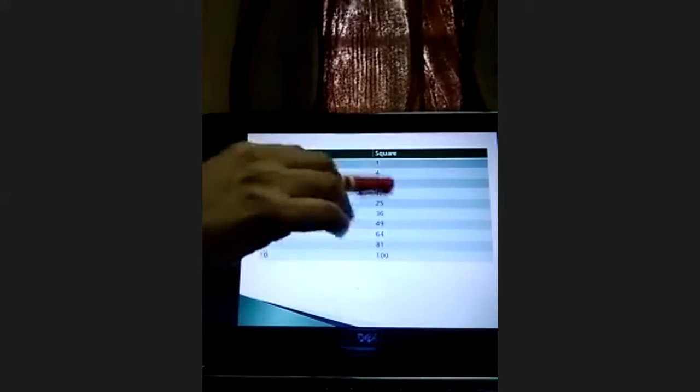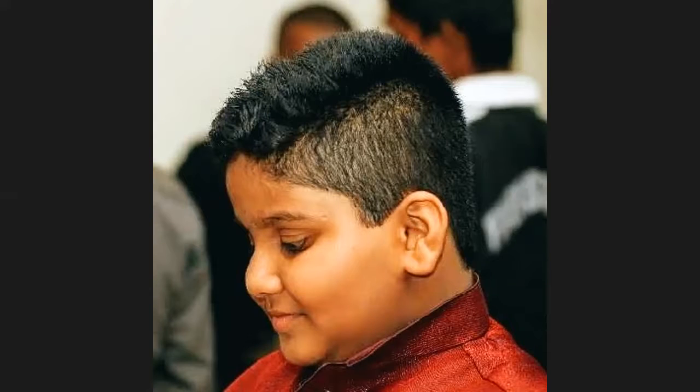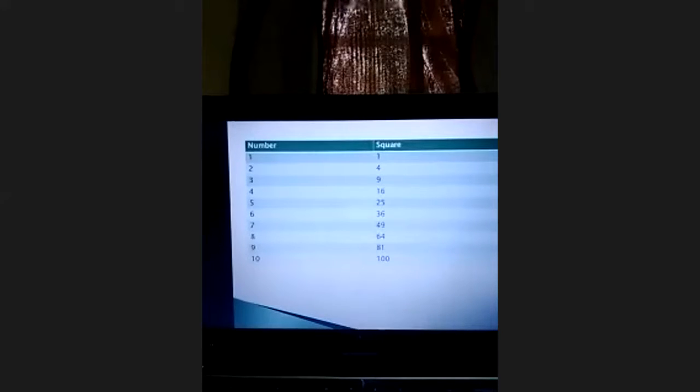Now the first observation: the square of an even number is an even number. The square of an odd number is an odd number. Is there any problem in this slide? Kindly ask. Otherwise, we will move to the next slide. No, ma'am. Okay, so next slide.